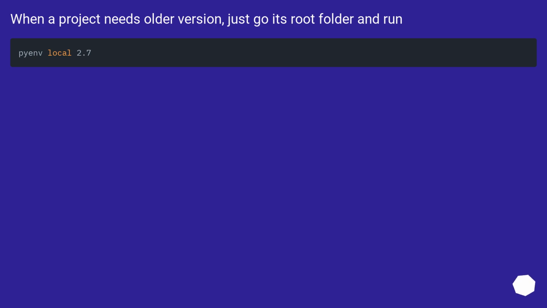When a project needs an older version, just go to its root folder and run the local command. This is